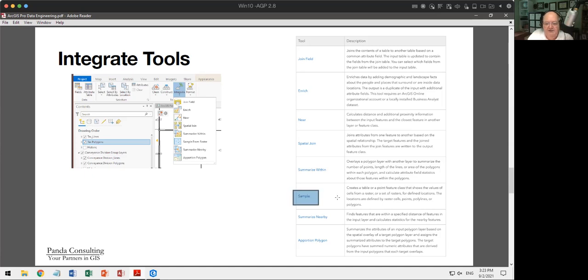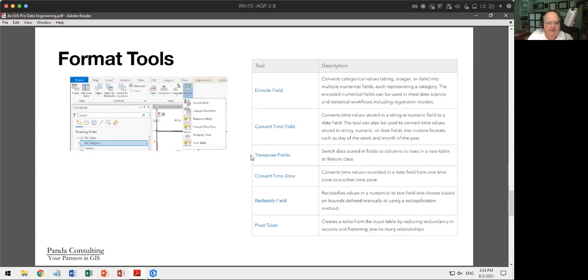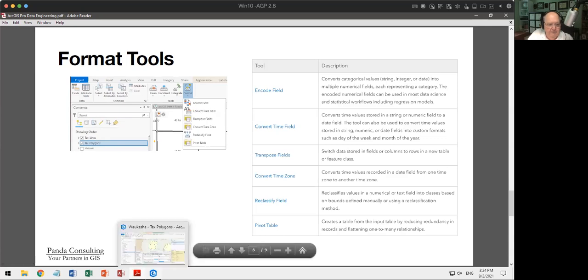Sample creates a table or a point feature class that shows the values of the cells from a raster, so if you're dealing with raster sets. Summarize nearby finds features that are within a specific distance, sort of like a select by location, and calculates statistics for those. And then there's apportionments where you summarize inputs. All right, those are